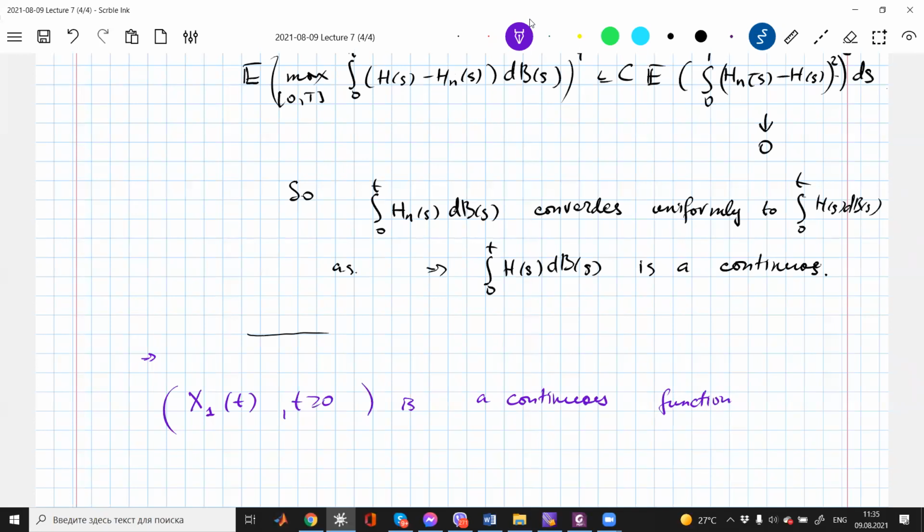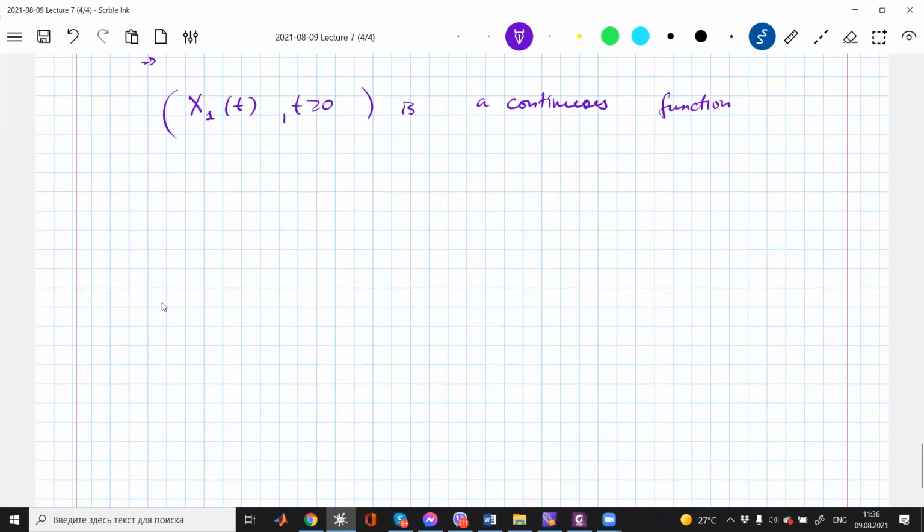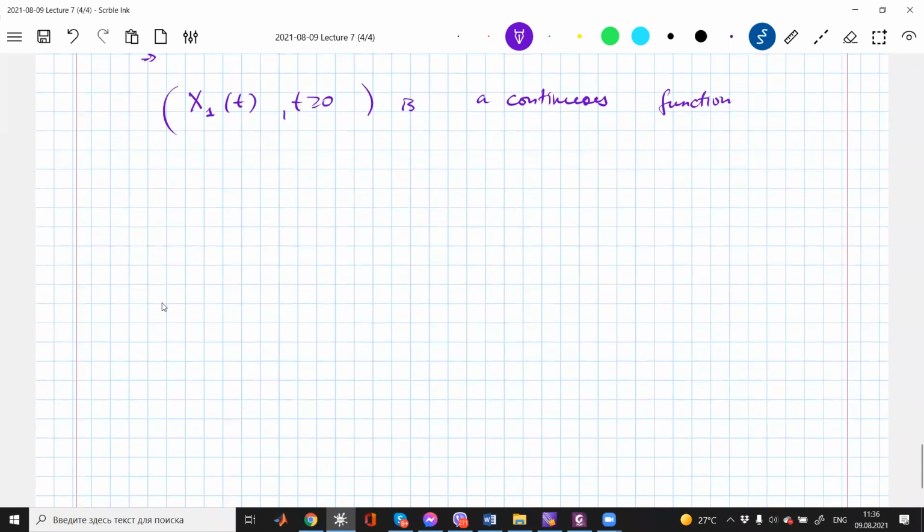Also, we can now estimate the moments of this process. In our following induction, we will need to estimate the supremum on the interval 0 to t of this x1 from t, squared. This is the same: you just write the formula for this x1, and we will see that it is equal to